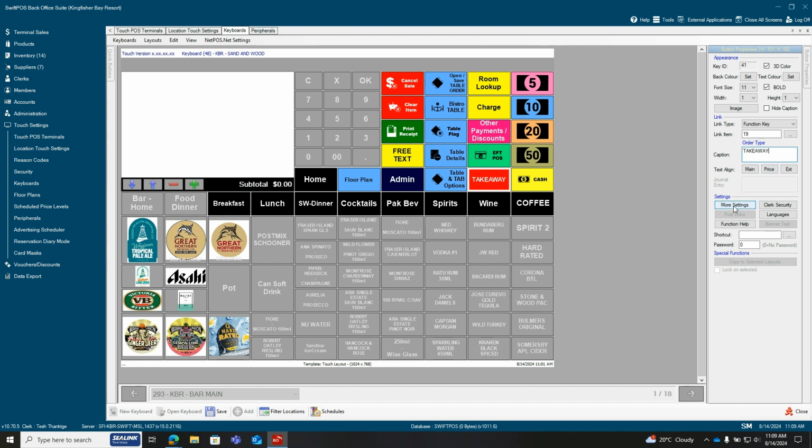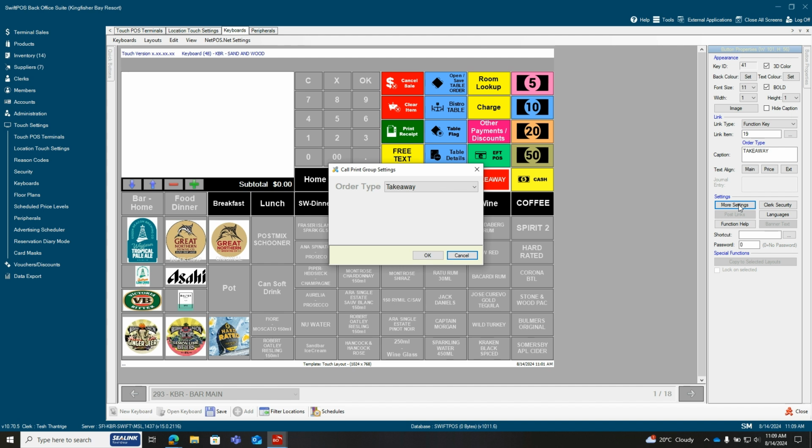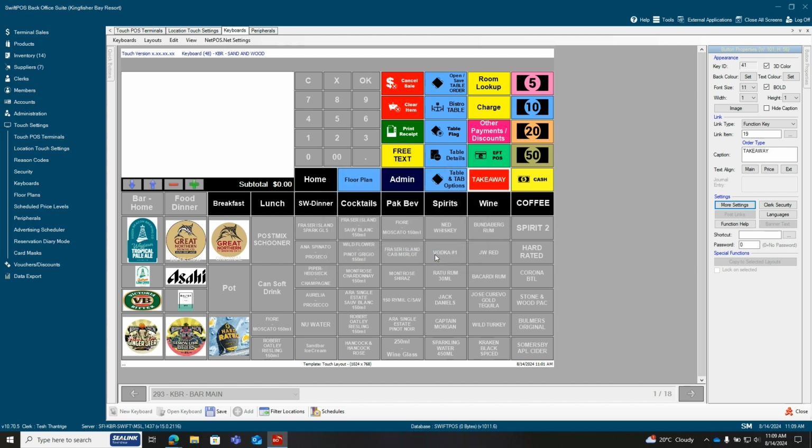And then what you have to do is go to more settings, and then select whether you want to keep it takeaway, eating or delivery, whatever you want to print there. As we want takeaway, I'm just selecting takeaway here, and then okay. Once you save all of these,